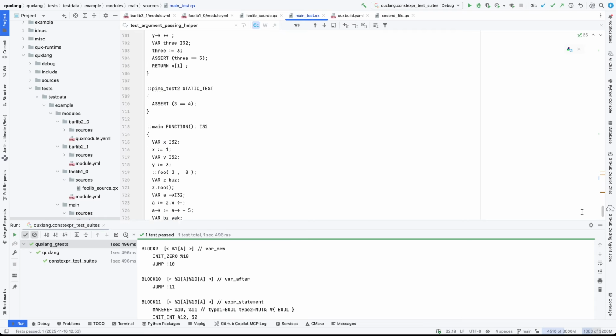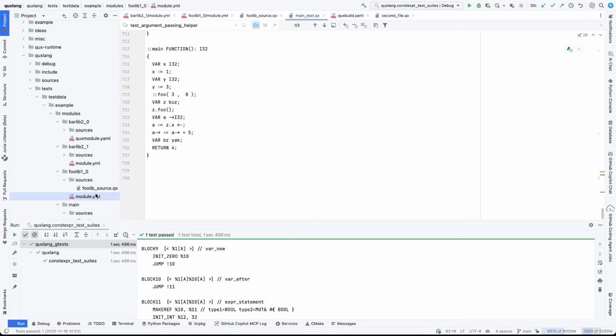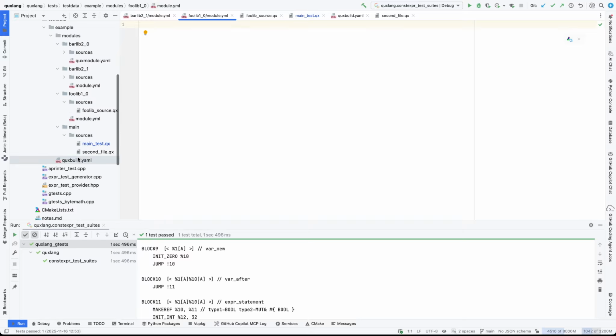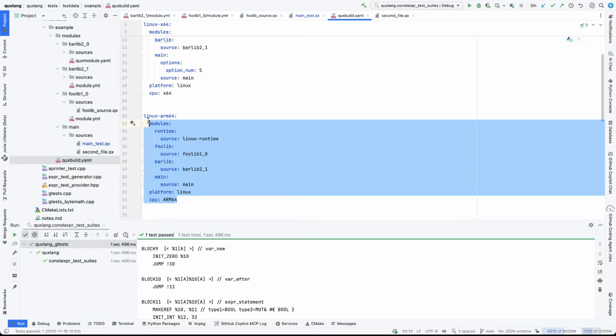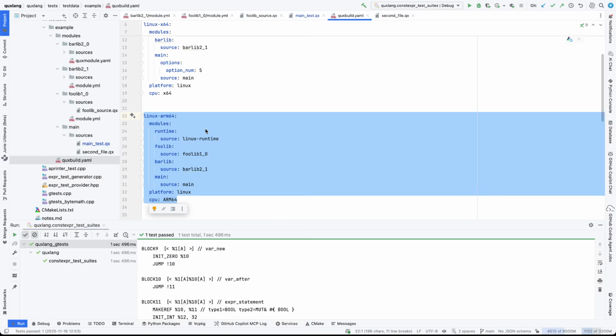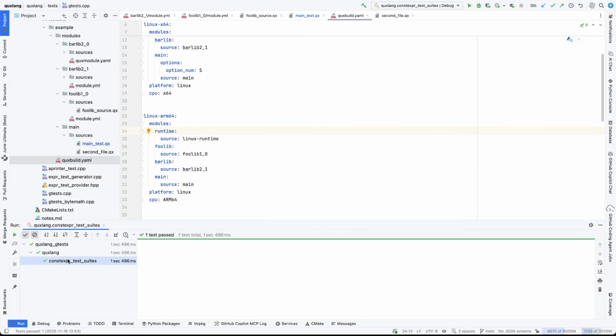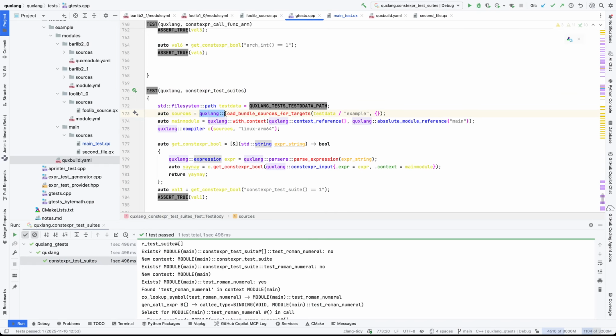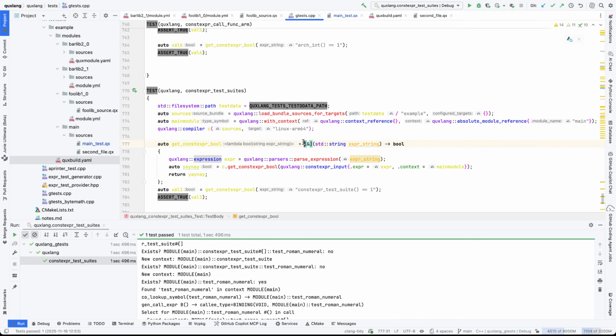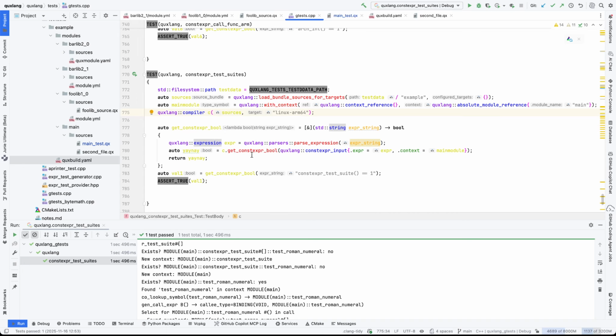And I think we covered our modules already, but just to recap, we have this sort of build file, and then that contains all the different options. The tests are running this one. So if I go open my test here, we can see that this test is pulling the example folder, and then it's setting the main module here. And then we target, so we throw the bundle at the compiler, and then we say what target we want, and then we're just asking it,